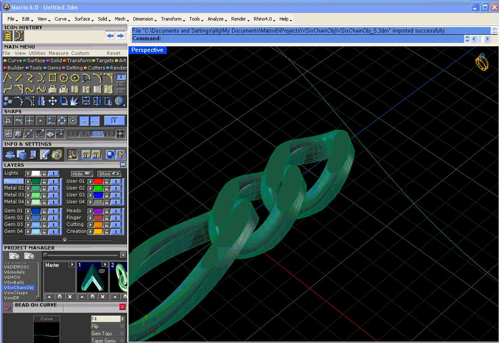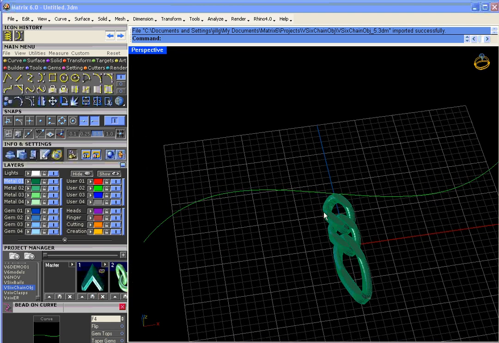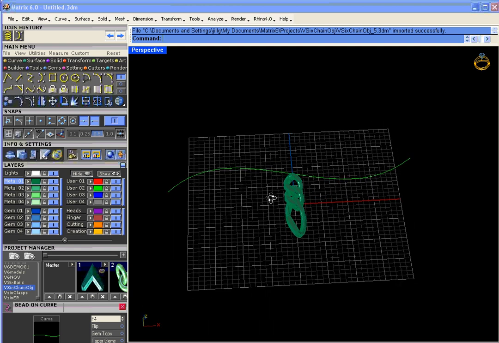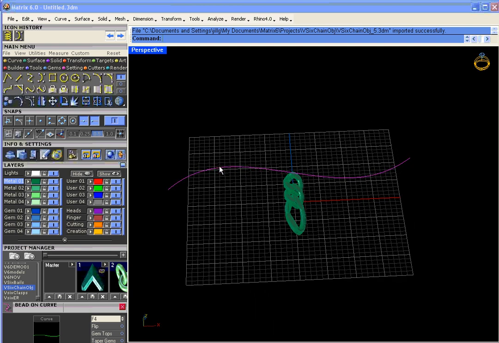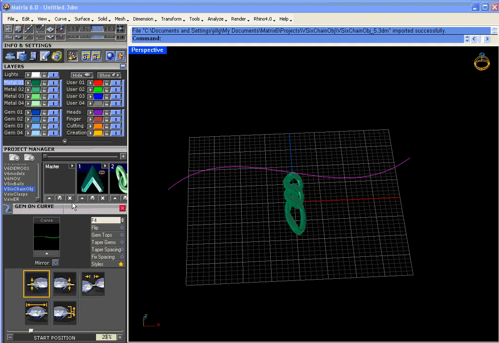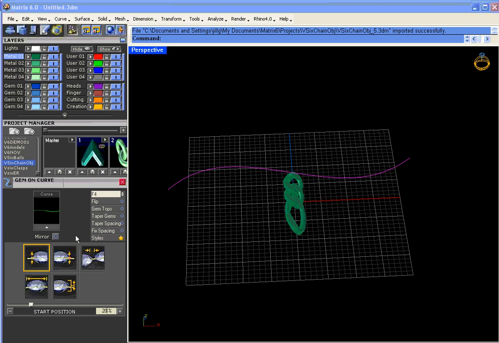This one's flattened. If I want to use this chain on this curve, I simply start the gem on curve command again, click on the curve, and either go to your gem on curve and input this curve into the window, or I find it easier: F6, gem on curve,